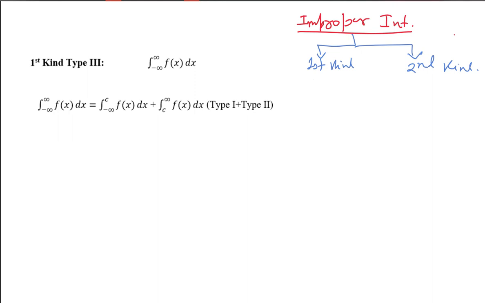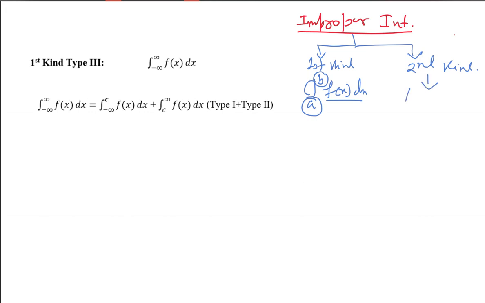Okay, first kind. What we have in first kind is that either the lower limit is minus infinity, or the upper limit is plus infinity, or both: the lower limit is minus infinity and the upper limit is plus infinity. If any of these three cases holds, then we classify that improper integral